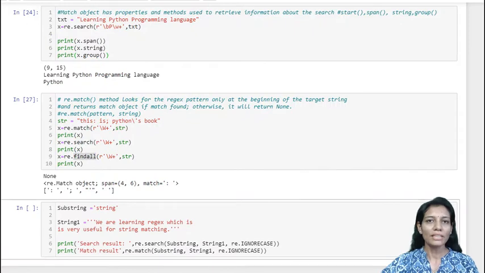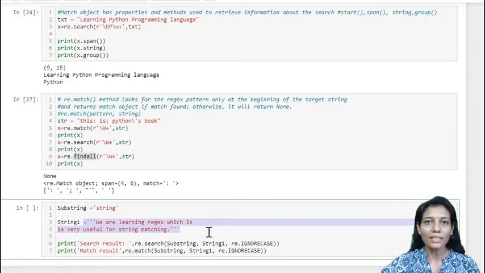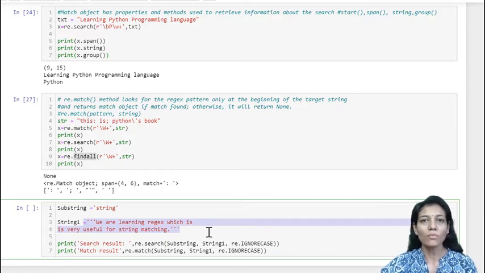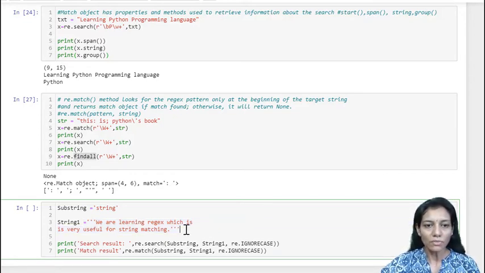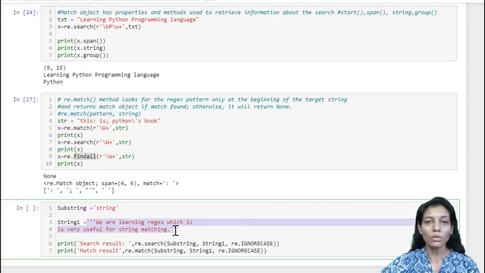Here we take one more example and try to understand the exact difference between match and search. So here I am having a substring which I want to find is a string. Then I have taken multi-line text from which I want to search. So this is the text from which I want to extract where string is existing. So first of all I have used search method, okay, which I know will scan the whole string and will extract the information as I have specified in substring.